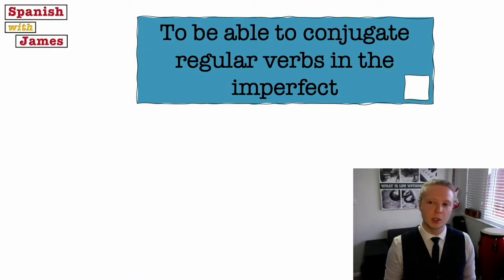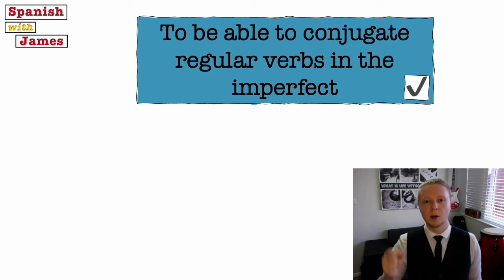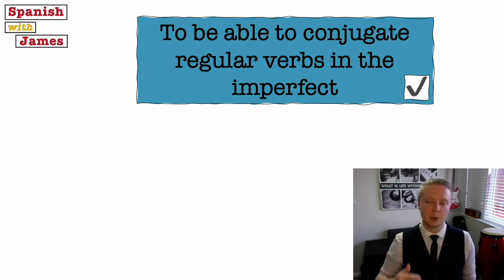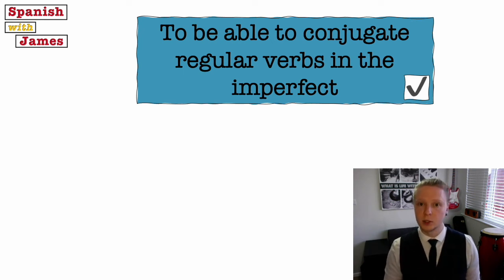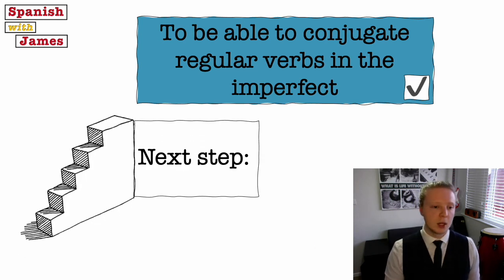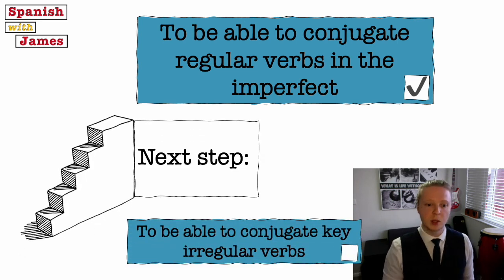So we should now be able to conjugate regular verbs in the imperfect. We're just taking off the ending, the AR, the ER, the IR, and then we're adding our aba endings or our ía endings, which hopefully we can memorize quite quickly by remembering that they follow that same pattern of o, as, a, amos, ais, an, but it's just a, as, a, amos, ais, an with aba or the ía pattern. So really nice patterns for us to follow and to learn those. Our next step is going to be able to conjugate key irregular verbs, and you'll be really happy to know that there aren't many of them whatsoever.